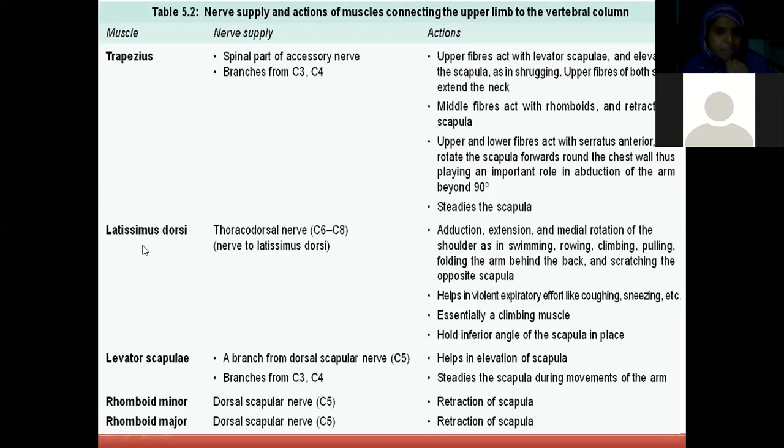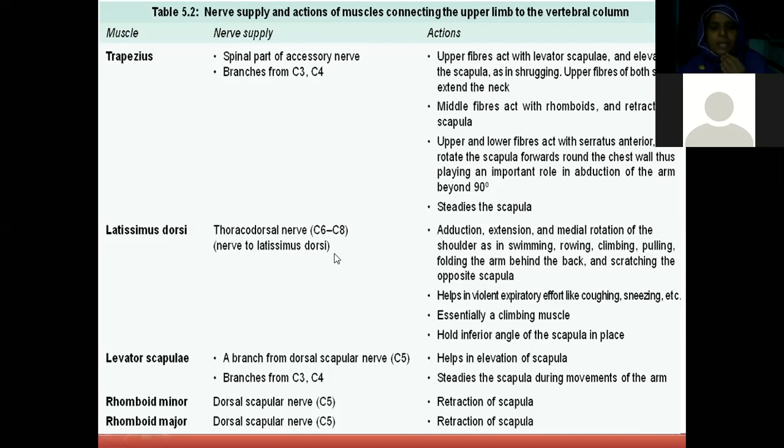Latissimus dorsi. You remember, in the posterior cord, we had a code called ULNAR? The L was standing for the nerve to latissimus dorsi, also called the thoracodorsal nerve. That means it is coming from the posterior cord of the brachial plexus, which is supplying the latissimus dorsi. You can read, just go through. Please thoroughly follow what is given in your textbooks because all these muscles are important.